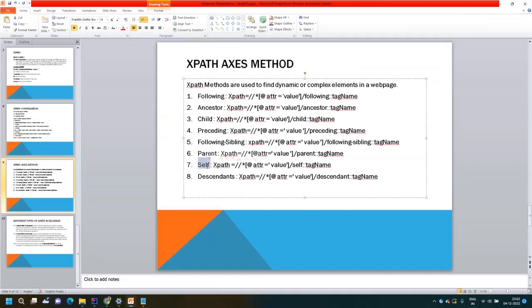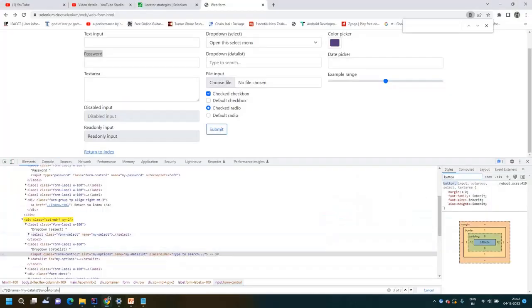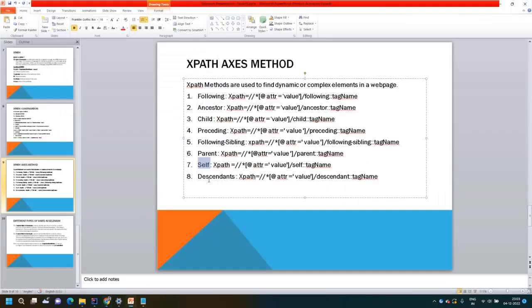Next is self, which is very rarely used. You have to use the same tag name, and you are trying to identify yourself. In my career I have never used the self one, and I am not sure where you can use it. And the last one is descendant,